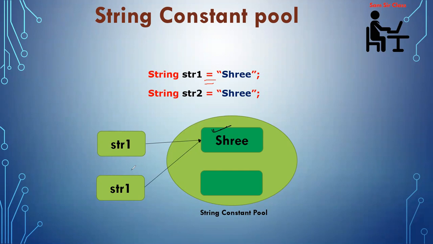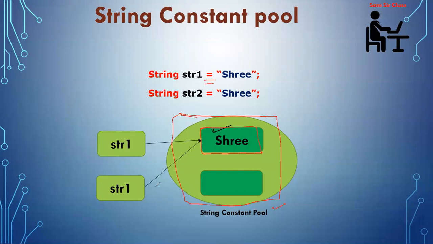So for this purpose, whenever you are using the assignment operator, then instantly the value Sri will be created and the string object will get a memory location. Okay. So after creating the string object, JVM uses a separate block of memory which is called the string constant pool. Clear? So this entire area is now considered as the string constant pool where Sri is being stored.